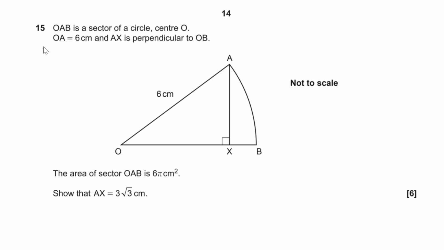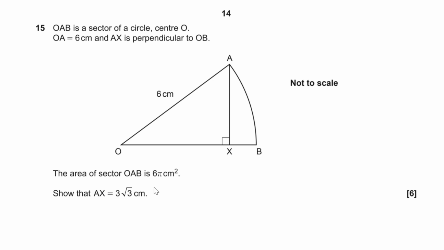Question number 15. OAB is a sector of a circle with centre O. OA is equal to 6 centimeters and AX is the perpendicular to OB. The area of the sector OAB is 6 pi centimeters squared, and we have to show that AX is equal to 3 root 3. Well, if we think about how we work out the area of a sector,